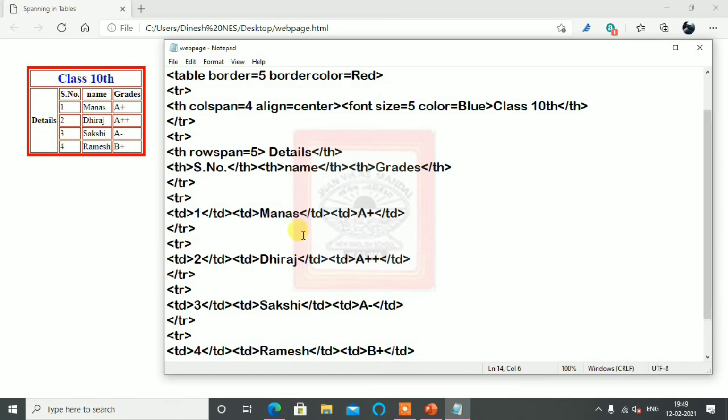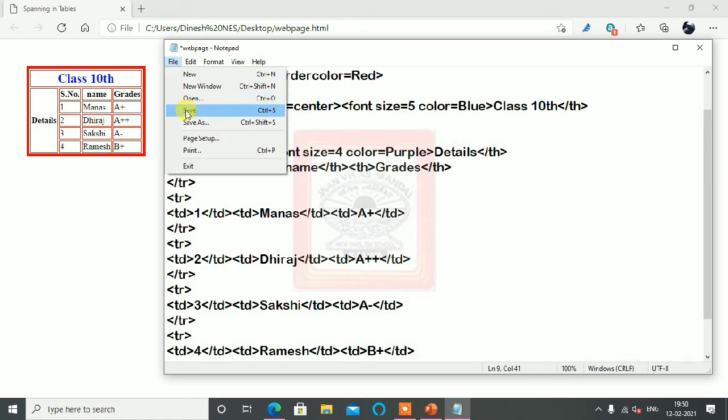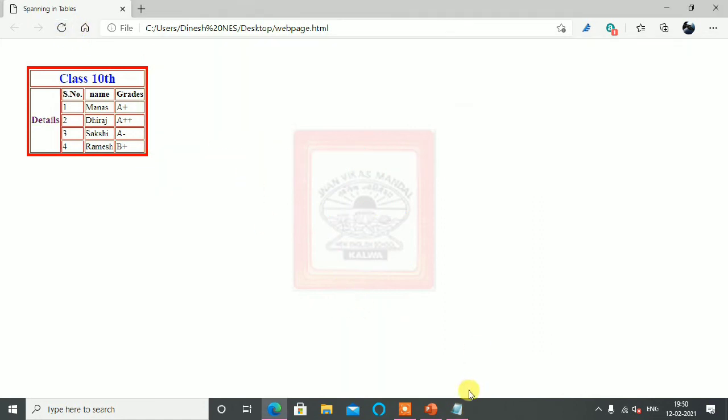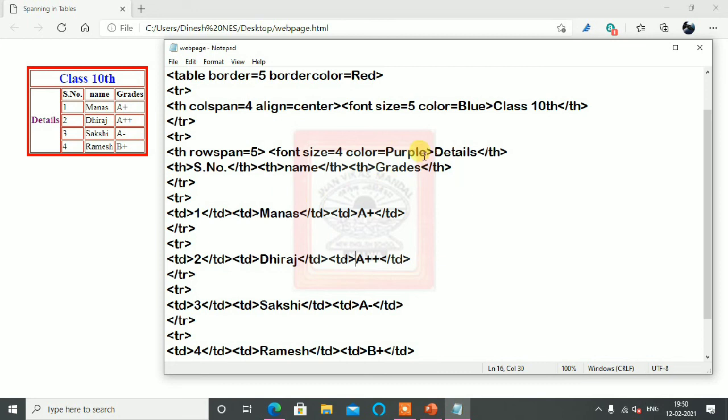And of course for details also you can increase the font size and give a color. For that you have to use this, and make it 4, and color you can give, let's say purple. You can see here it is purple color.